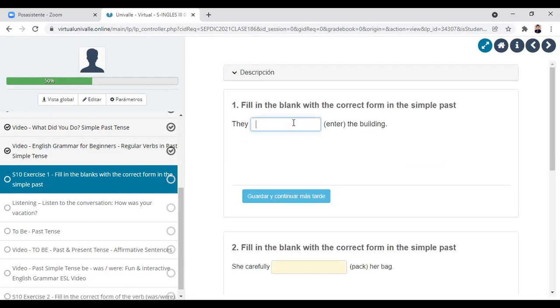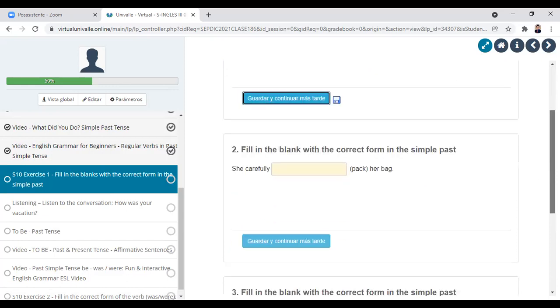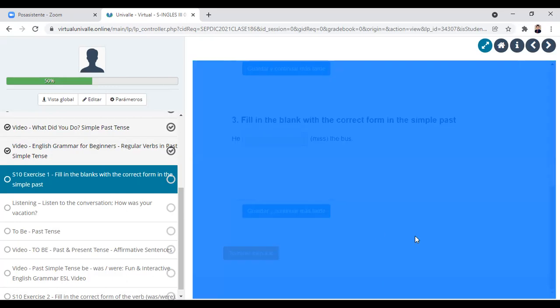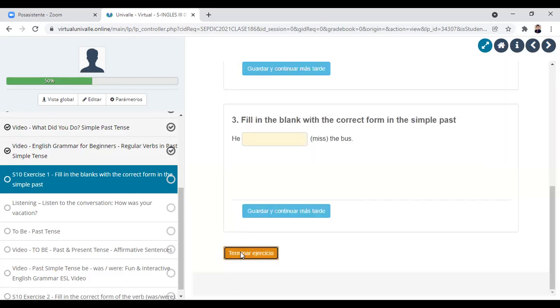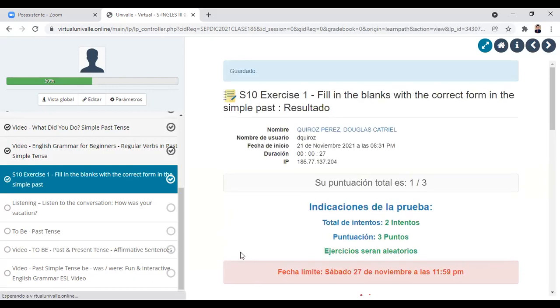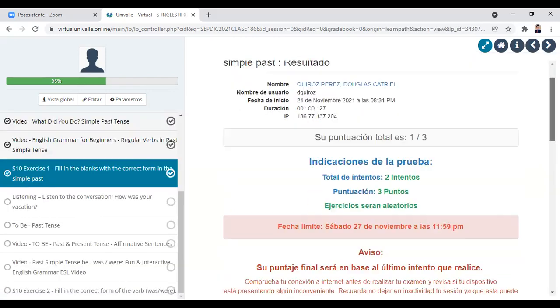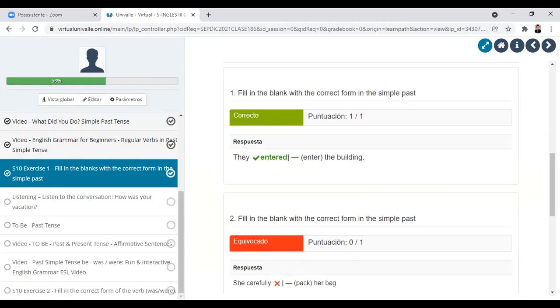I'm just going to explain it to you. We have a verb in parentheses, and you are going to transform it into the simple past tense form of the verb. In this case, it will be entered. They entered the building. Then you need to transform the other verbs using the grammar rules that we have been discussing before. Okay, if you notice, it was great, it was correct. So you just need to take a look at the sentence and the verb in parentheses, and then transform it, adding ed if it is a regular verb, or not if it is not.